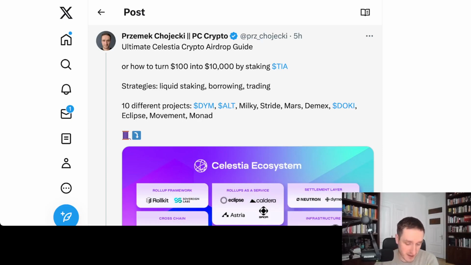You should now know why it's important, why staking TIA is important, and connect it to so many airdrops, because that's something unique. So staking, for example, Ethereum won't give you so many potential prizes as staking TIA. A similar concept that I've already mentioned on my channel is staking Pyth Network, which is an oracle on Solana. Staking Pyth might also give you some airdrops, and actually 2 airdrops are already coming to Pyth